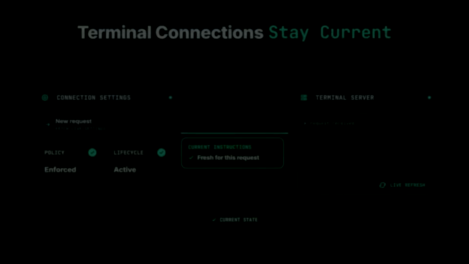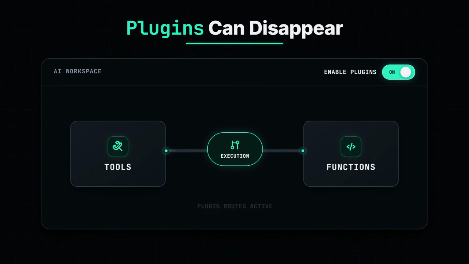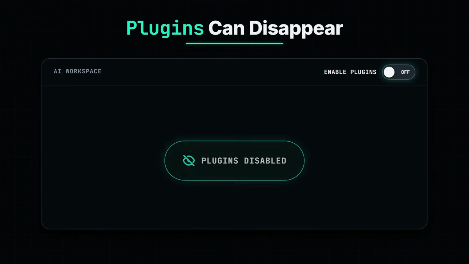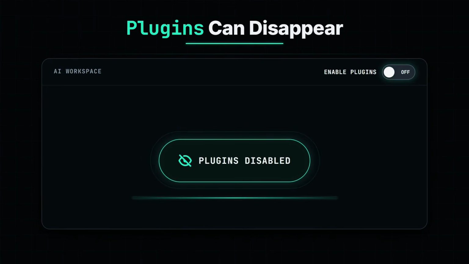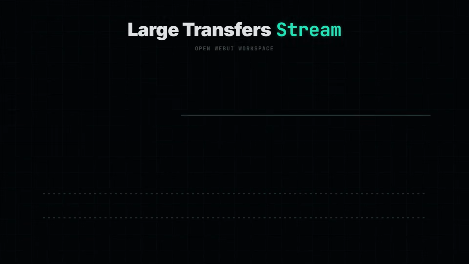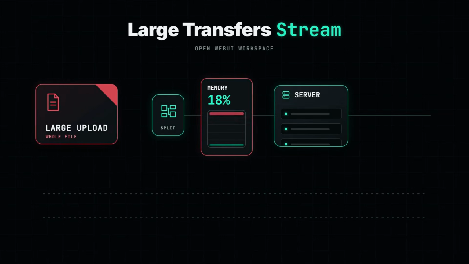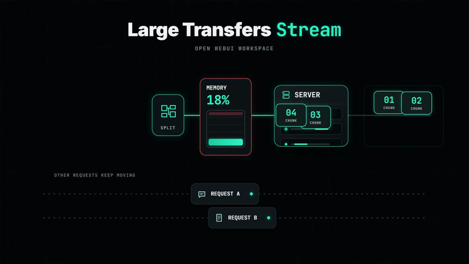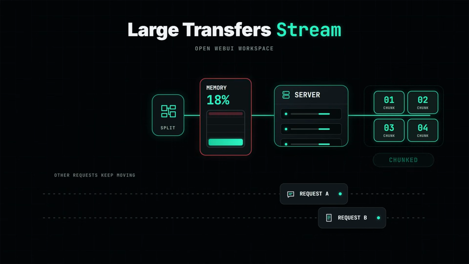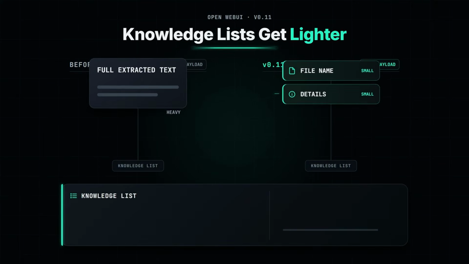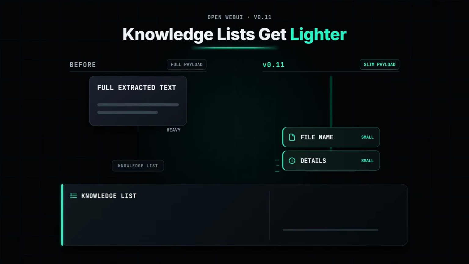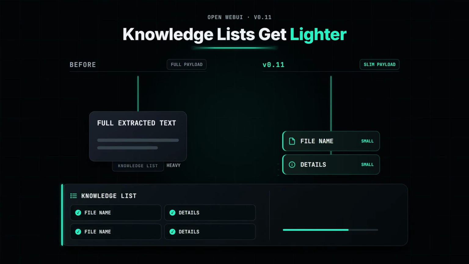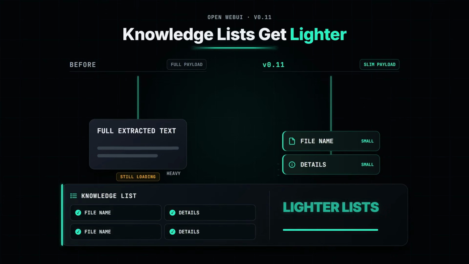connection settings. Administrators can disable the built-in tools and functions plugin surfaces completely, hiding them and removing their execution paths across the application. Model, pipeline, and audio uploads now stream in chunks, avoiding whole file memory loading and preventing file operations from blocking other requests. Knowledge base pages now load file names and details without retrieving every document's extracted text, helping large collections appear much